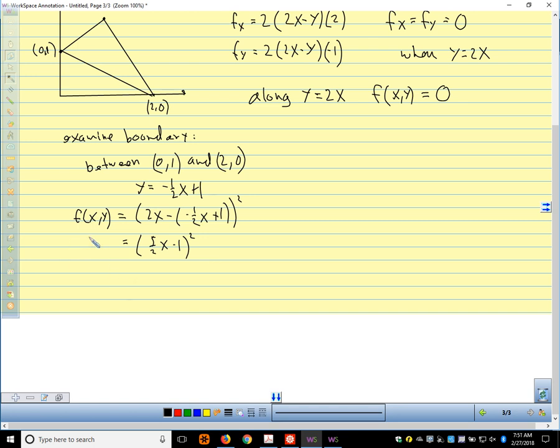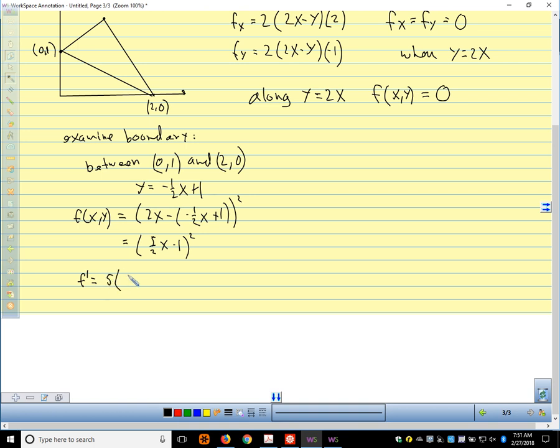F prime. So I'm being a little loose with the notation here, because technically this is a function just of x. I could write f of x comma negative 1/2 x plus 1. So we're substituting for y. This technically is a function of 2 variables. We've just substituted for y to make it a 1 variable function. So I'm going to use f prime. I'm being a little loose with the notation. F prime is